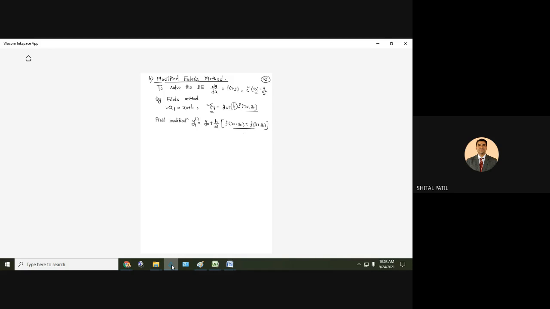That divided by 2 is written outside. This is the first modification. Now it may be possible that the y1 obtained by Euler's method and by the first modification are the same up to 4 decimal places. For example, I am saying,